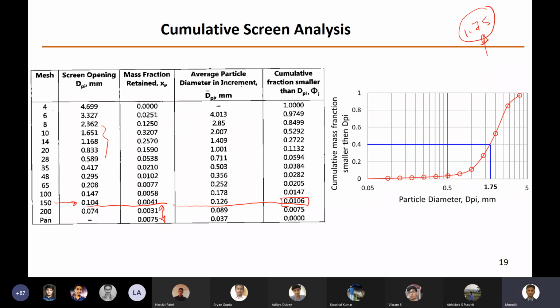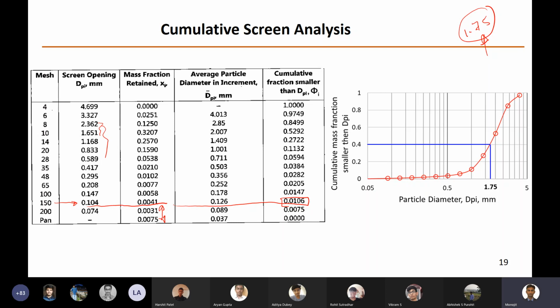Now, why are we using this graph? Why not the table? Why are we not interpolating from the table? We know these 2 points, so 1.75 will lie somewhere here. Because it might not be linear, the interpolation. Yes, absolutely right. It might not be linear, because when we are interpolating, we take these 2 points and make a linear regression between them. We fit a straight line and take the average, but that may not be true.